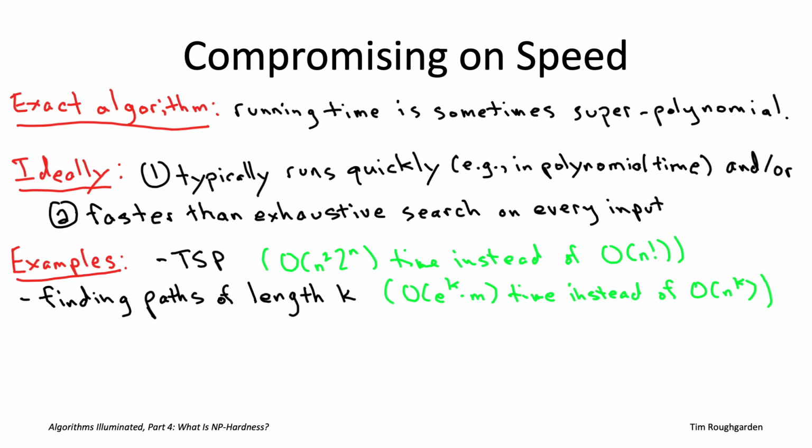It turns out that many NP-hard optimization problems, the traveling salesman problem and many others, can be encoded as MIPs, as mixed integer programming problems. Meanwhile, a lot of yes-no questions, like checking whether a bunch of requests for scarce resources can all be fulfilled or not, naturally translate to satisfiability problems. And whenever you're faced with an NP-hard problem that can be easily specified as a MIP or SAT problem, it's really worth trying to apply the latest and greatest solvers to it. There's no guarantee that a MIP or SAT solver will solve your particular instance in a reasonable amount of time. The problem is NP-hard after all, but they constitute cutting-edge technology for tackling NP-hard problems in practice.